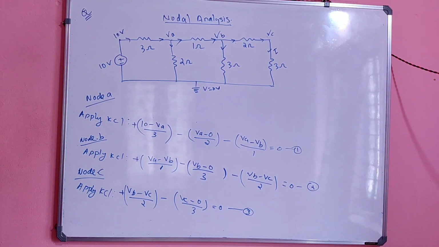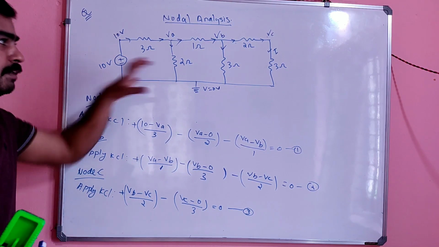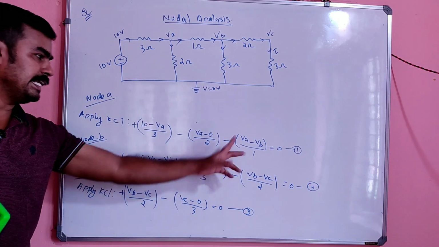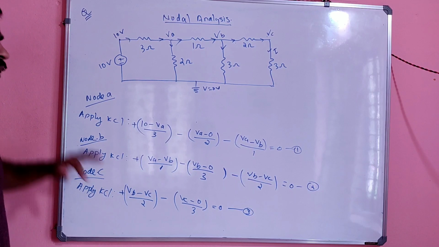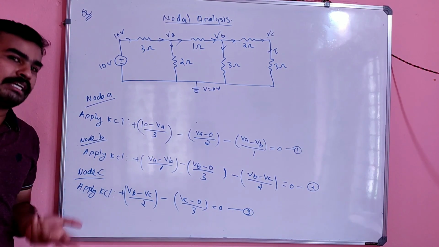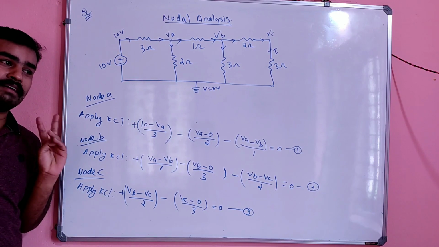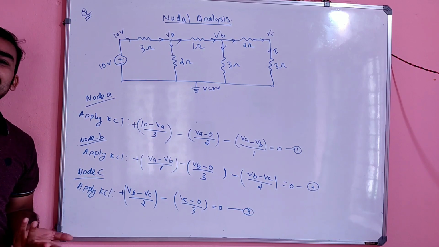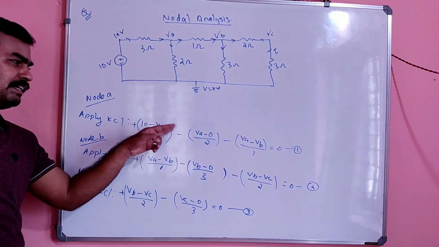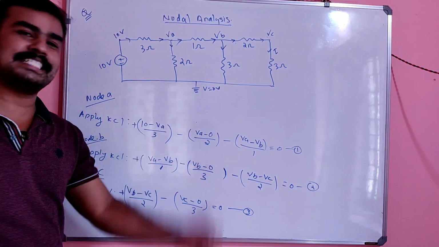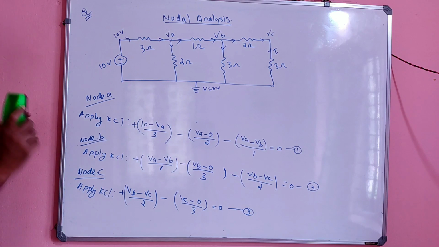Anyhow, you have to solve these three equations. There will be some clues in real problems, but arbitrarily I took an example so that there will be 3 unknowns and 3 equations. If you have 3 unknowns with 3 equations, you can easily solve. If you have 2 unknowns with 2 equations, you can also solve. If you have 3 unknowns but only 2 equations, it's very difficult to solve. So here you have 3 unknowns and 3 equations, so you can easily solve this. This is the concept here.